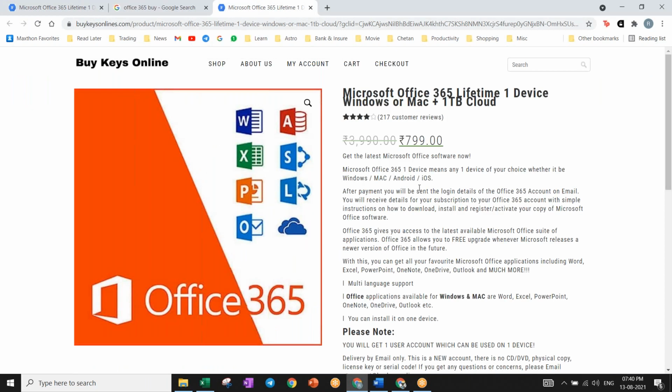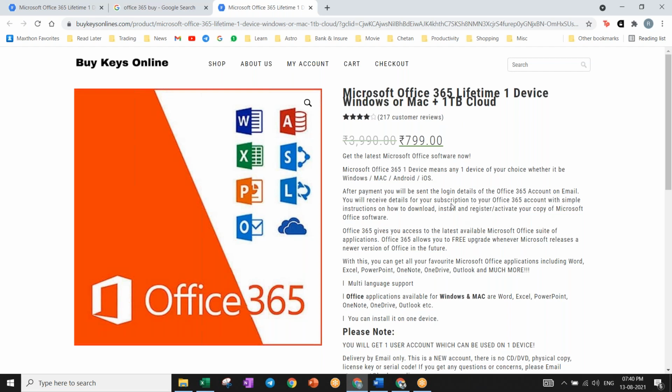There are no issues at all. It is just an additional 100 rupees, which is the cost of 1 month of license if you buy officially. I'm hopeful it is official, and how they are doing it, we are not bothered about that. You can buy that one and you will get it by mail. You have to give your email address, and they'll send the key in 2-3 hours possibly. That key email will have all the details on how to do everything.